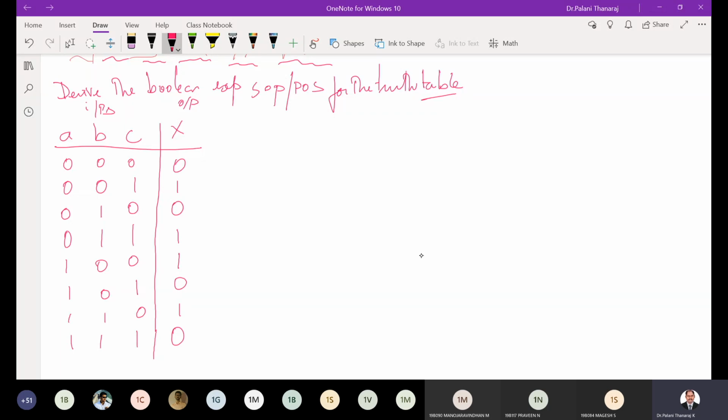This is a classical problem you can have in any situation. I know certain behavior of the problem. Suppose you want to design a system and some requirement is given. It is taking 3 inputs and this is my expected output. You have to design a system for this. This is our requirement for any kind of digital logic circuit.